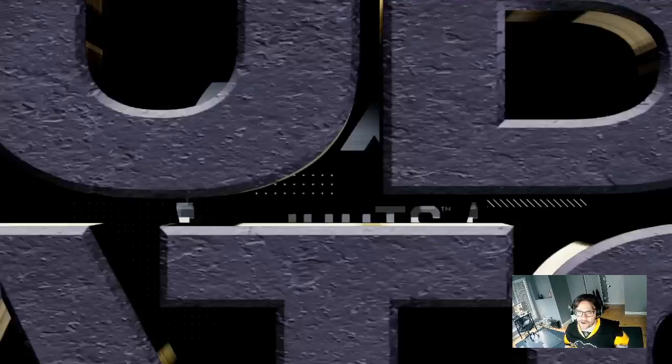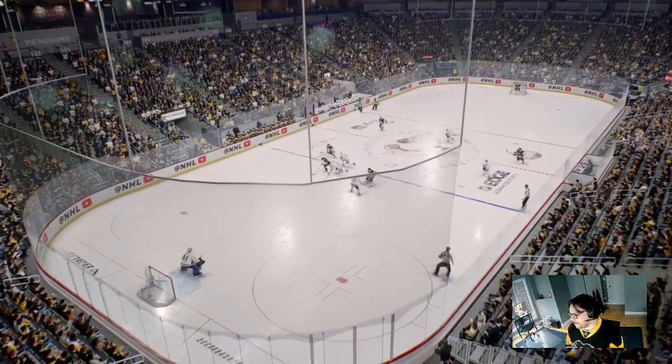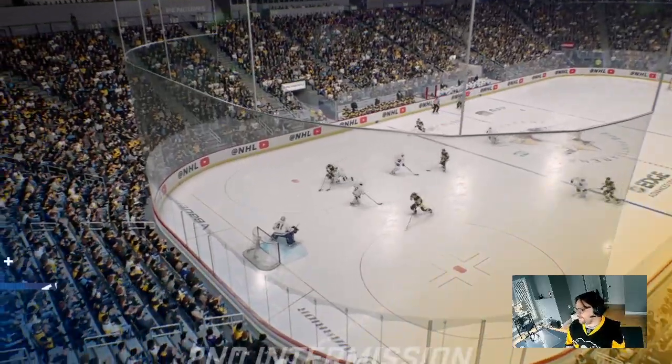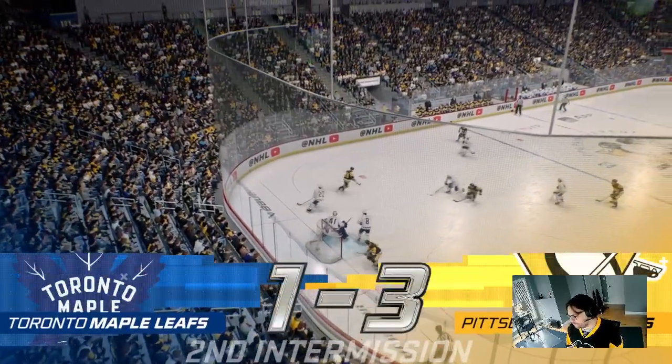And that'll do it for 2 periods of play. The Penguins lead the Leafs 3-1 after 40.